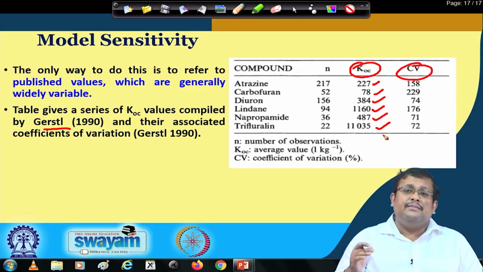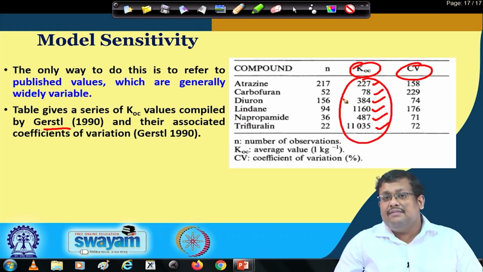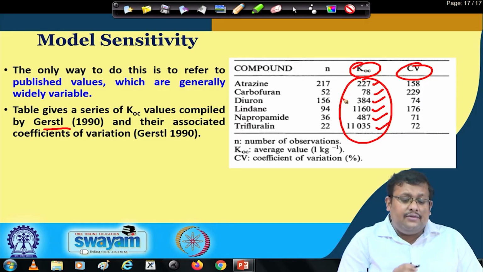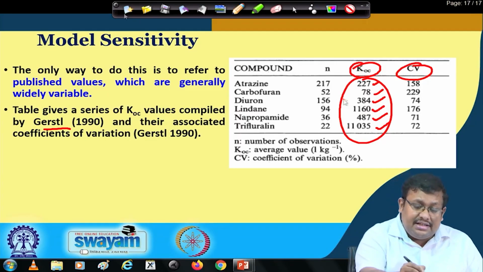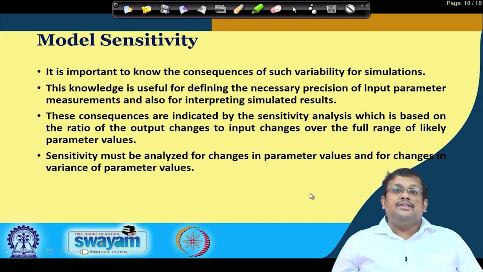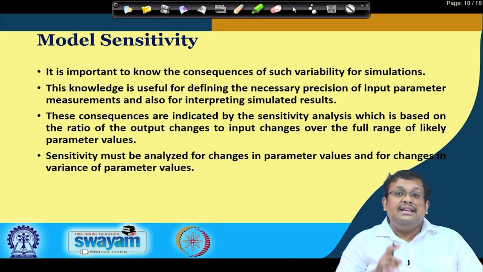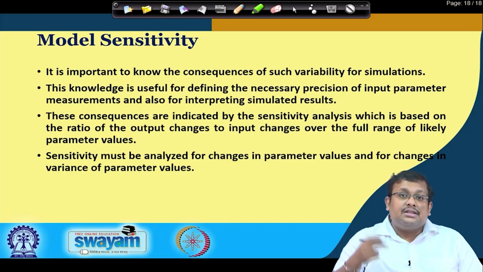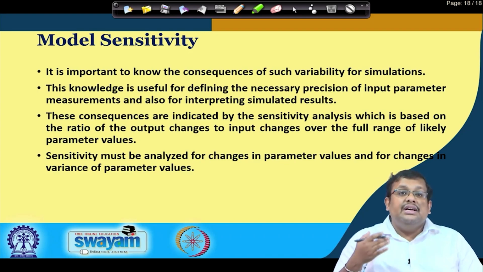Instead of measuring those parameters by yourself, you can just input those values into the model to see the sensitivity of the model. So, the only way is to refer to the published values, which are already well accepted values. So, it is important to know the consequences of such variability of simulations. This knowledge is useful for defining the necessary precision of input parameters measurement and also for interpreting the simulated results. These consequences are indicated by the sensitivity analysis, which is based on the ratio of output